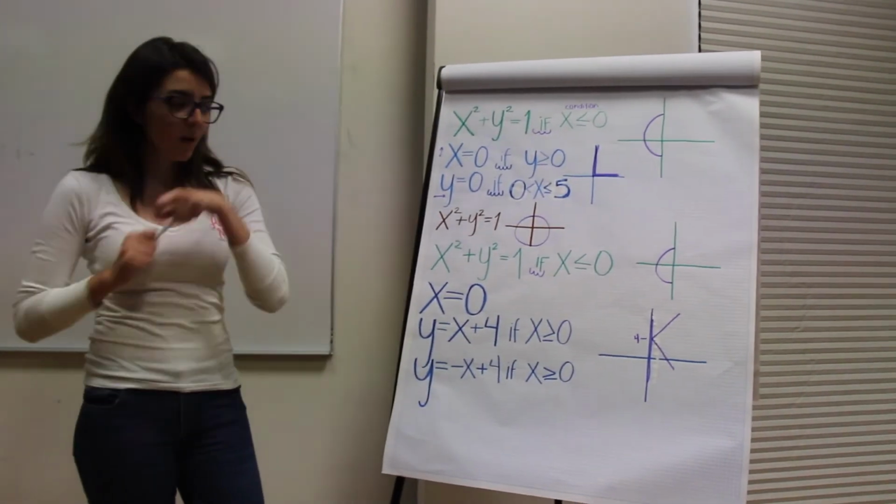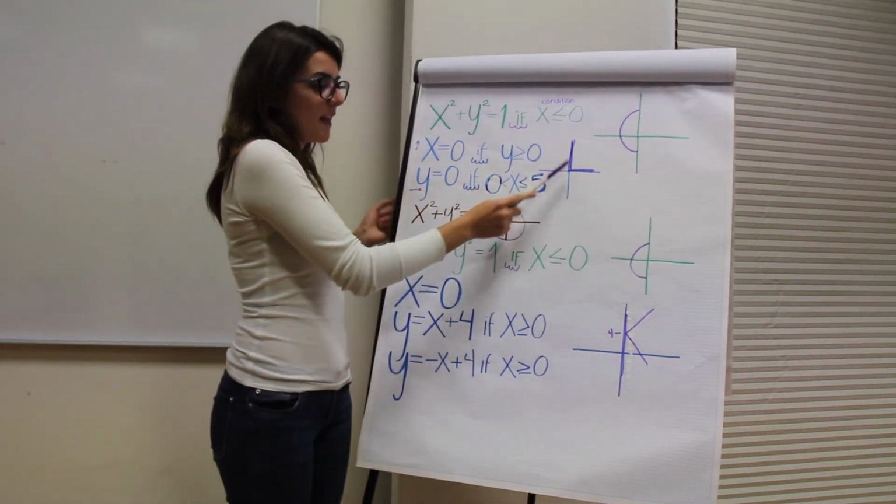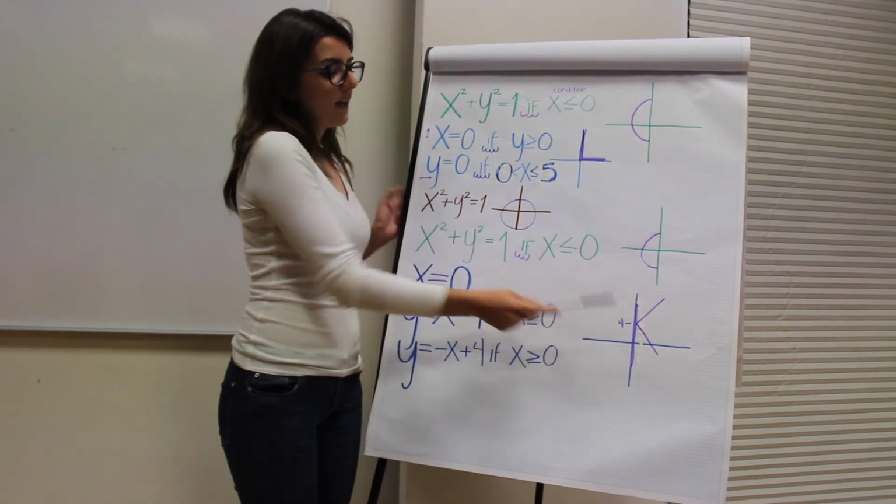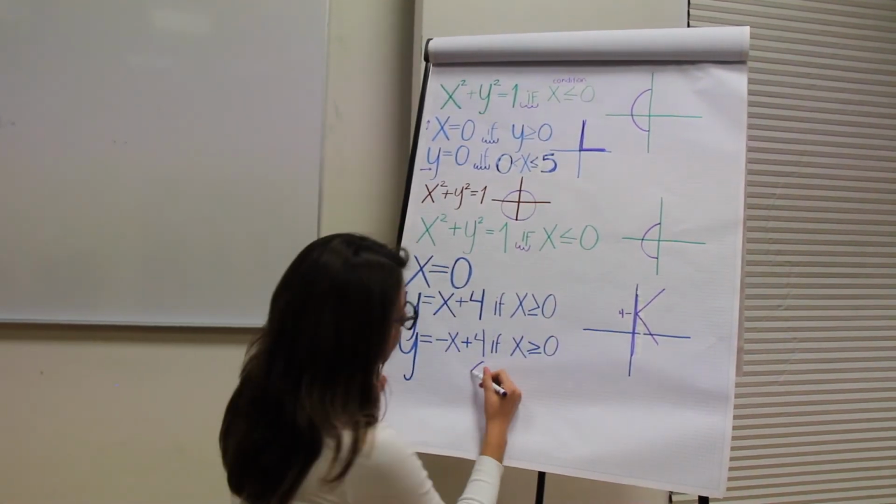So now, gathering all our letters, we will have a C, an L, an O, a C, and a K, and the answer will be